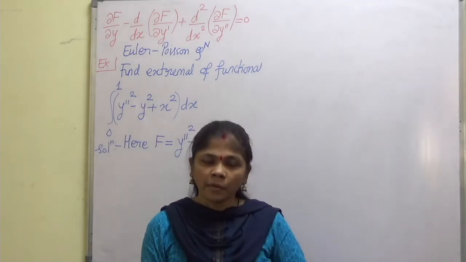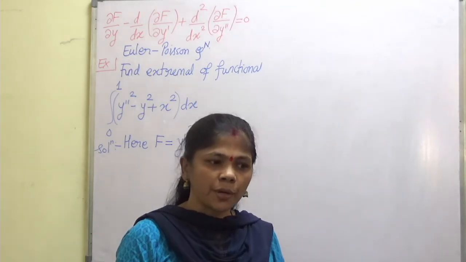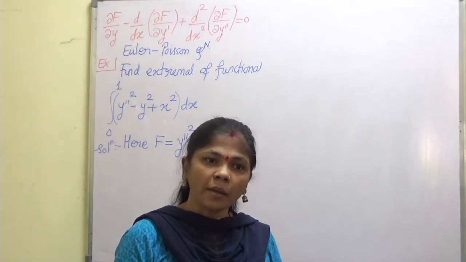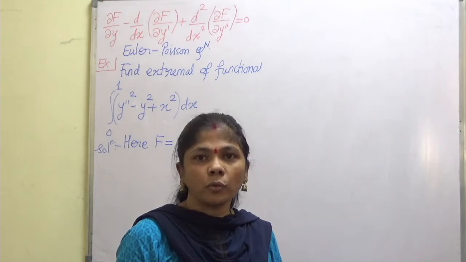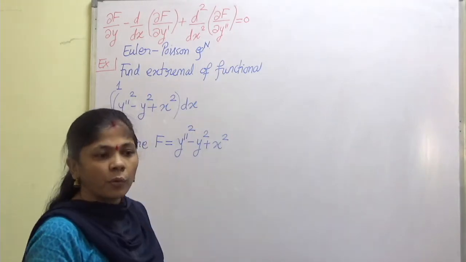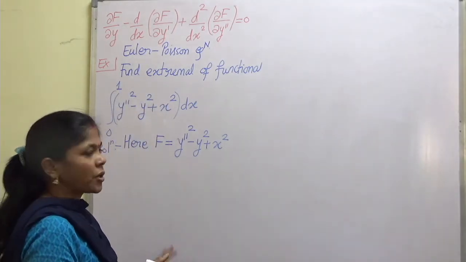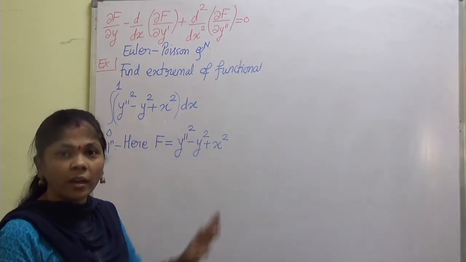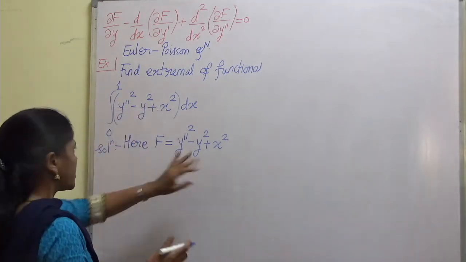Just like the functional involving first order derivatives, we have different reductions of the Euler equation. That we will not use over here in case of second order derivative. Why? Because there will be lots of reductions and it will be really difficult to remember that. So that's why we will work with the Euler-Poisson equation only. We will not use the reduced form of the Euler-Poisson equation depending upon the dependency of f on x, y dash and y double dash. Only one equation will give you the solution. Okay, so this is f.